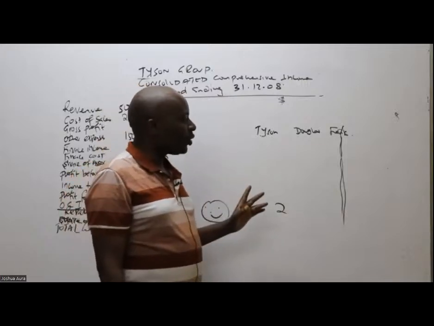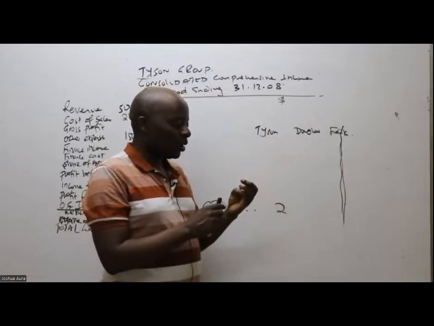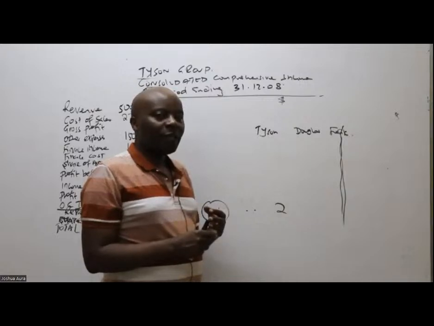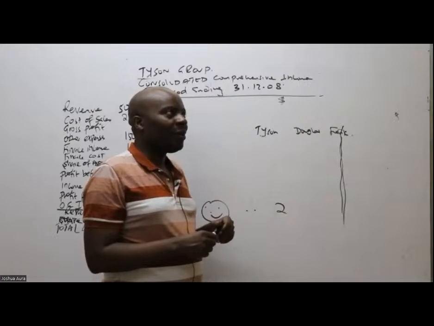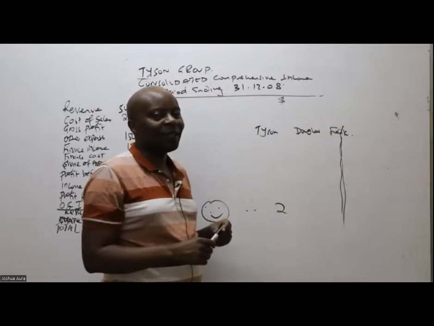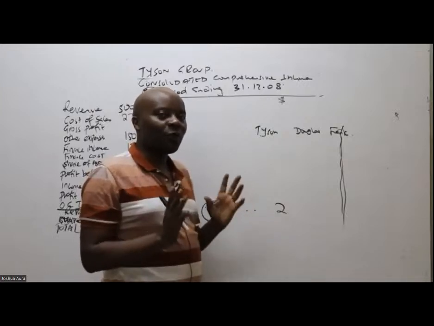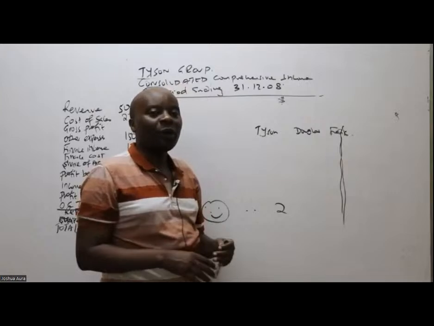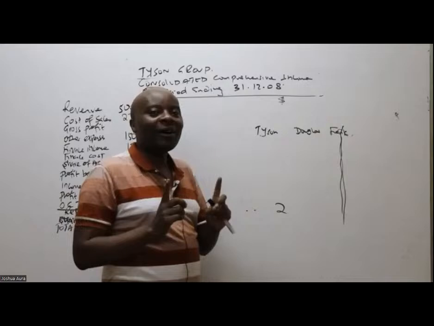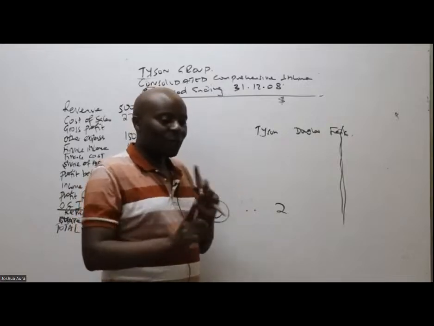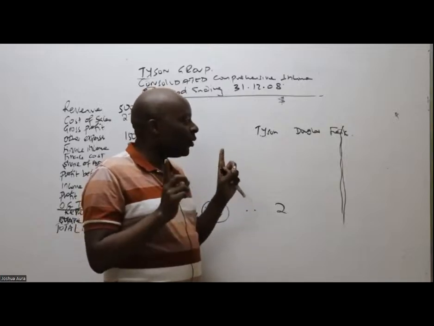So the point is, ladies and gentlemen, if the mother was to sell some goods to the daughter, then at the end of the day, the mother could recognize it in her own financial statements, remembering, hey, I sold some things to my daughter. But when they sit at the end of the year as a family trying to reflect the operations that took place in their family business, there is no way they'll ever account for these internal transfers, for these internal sales. Any sale within the nuclear family